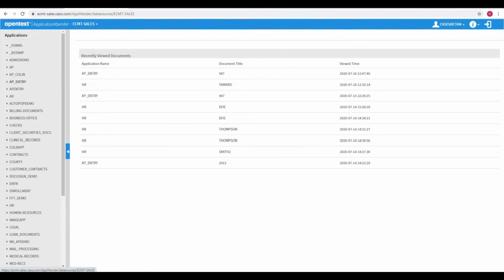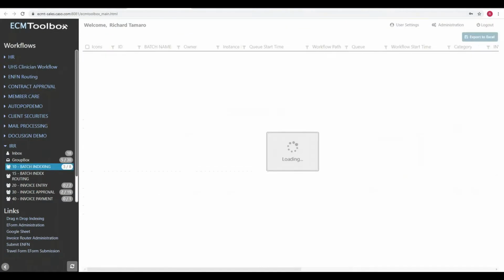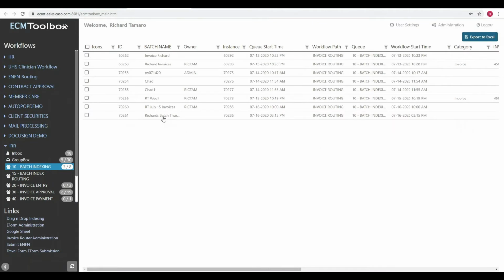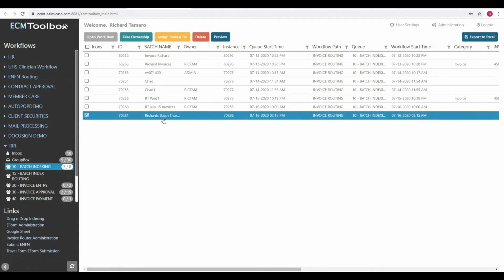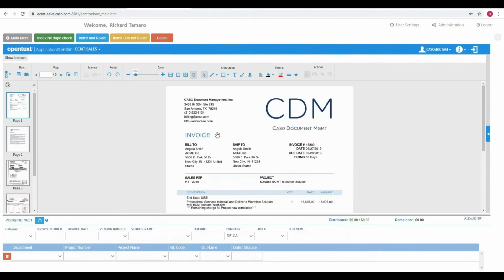Once that is completed now, I will go out to the workflow and I'll look to index them. There's my batch, Thursday's batch for Richard. I click on it, open the workflow. What it does now, it brings back the actual document, actually set of documents, because you'll see that there's 5 pages in here. It shows me the first document that I'm looking at, and it has the data entry fields